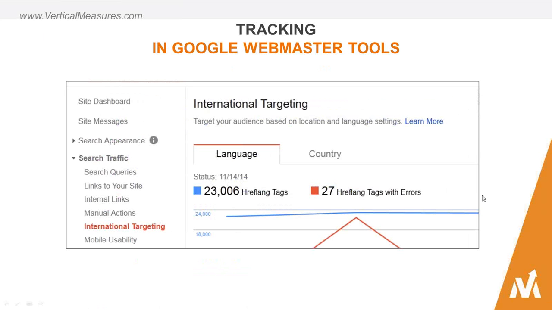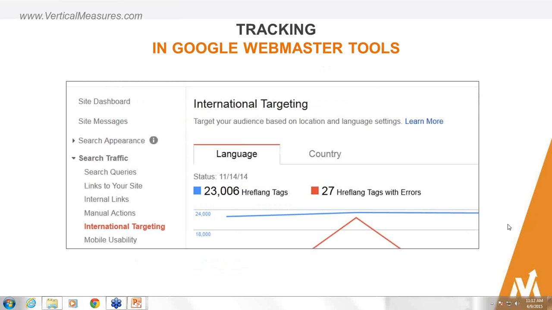Andre mentioned the international tracking that happened in Webmaster Tools not too long ago. This is actually a fairly exciting development. If you're familiar with organic SEO, anytime Google adds any kind of additional functionality or visibility in Webmaster Tools, it's kind of a big deal because they usually don't make that many updates in here.